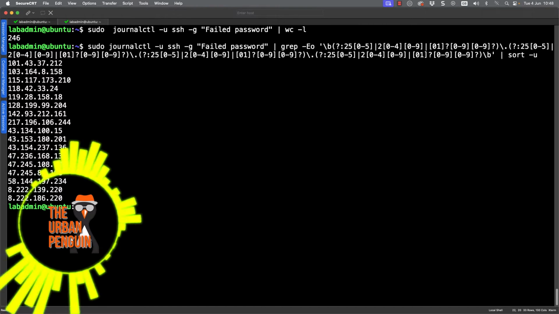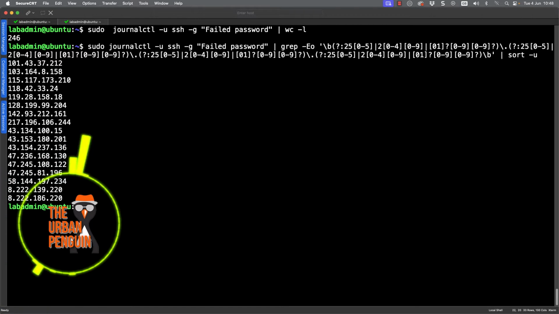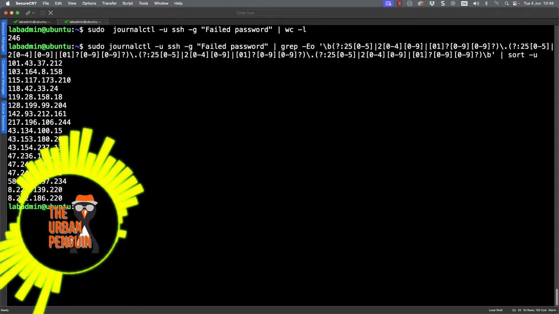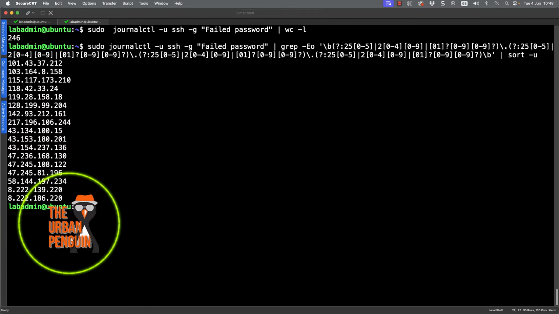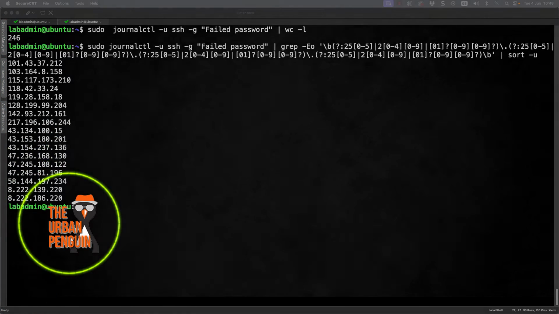Because obviously these IP addresses will be used multiple times trying to access multiple user accounts with multiple different passwords. So we can see out of those 246 attempts, we've got down to a list of IP addresses, and we can then start looking at banning these IP addresses via a firewall rule. But better than that, we can also automate the process.